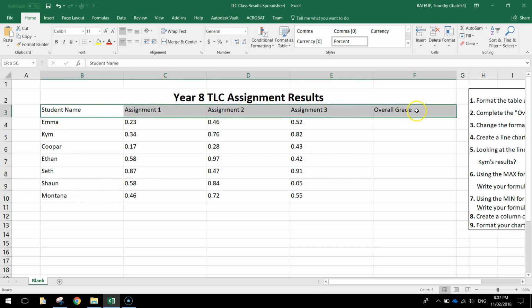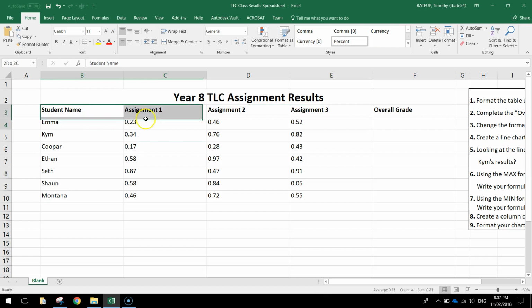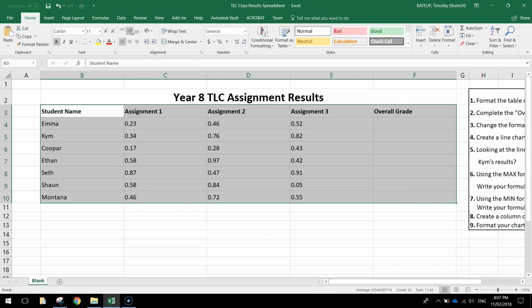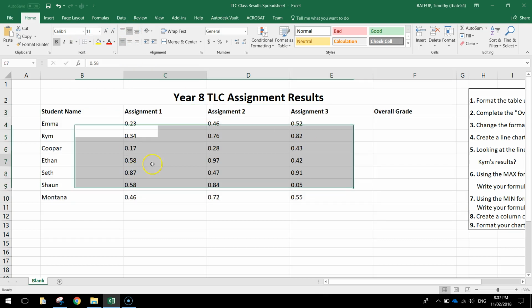Next row down, we've got some subheadings there that I might make bold. And next thing I might do is highlight all of the text below the heading. Okay, so that's from cell B3 all the way down to F10. And we're just going to click this button here. Okay, middle align it. It just puts all the text in the middle of the box,